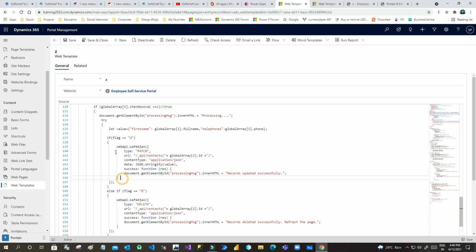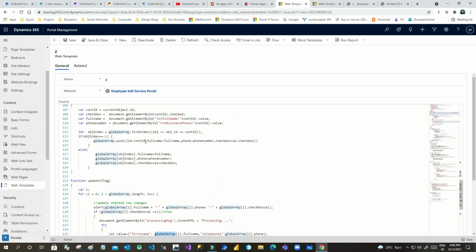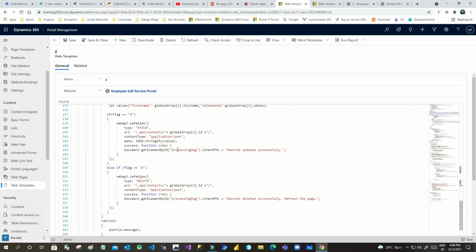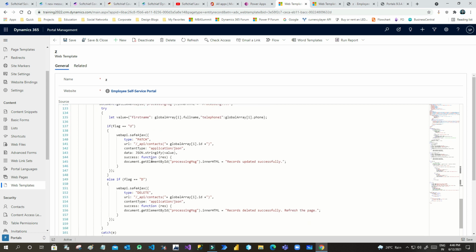This code is the same for all, but just mind to define your correct entity and correct entity ID, the record ID, which is stored in the global array. I have pushed it here; you can see this is the contact ID I am pushing. Once it is added, I call this function, and after success I set the processing message inner HTML to record updated successfully.